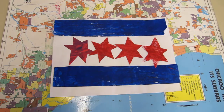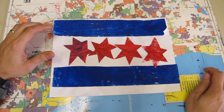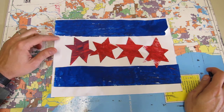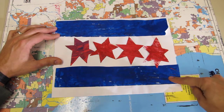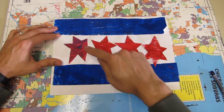Today we are going to create our Chicago flag collage. Okay, so the Chicago flag has three colors. It has white, blue, and red. Okay, it has two horizontal blue lines, one on the top and one on the bottom, and then it has